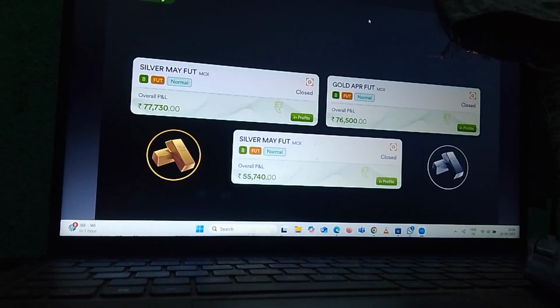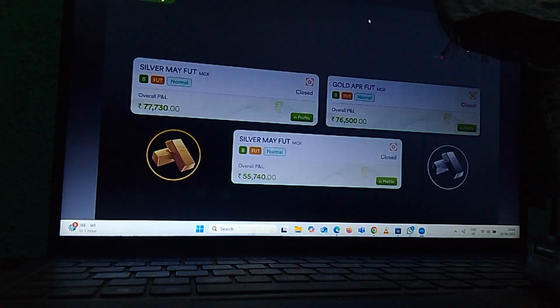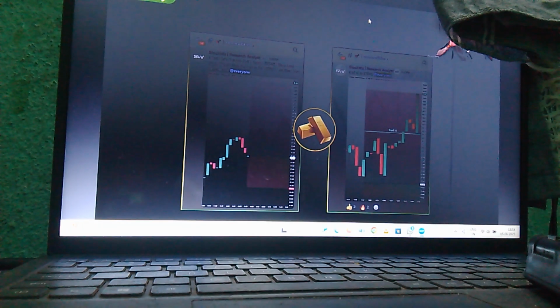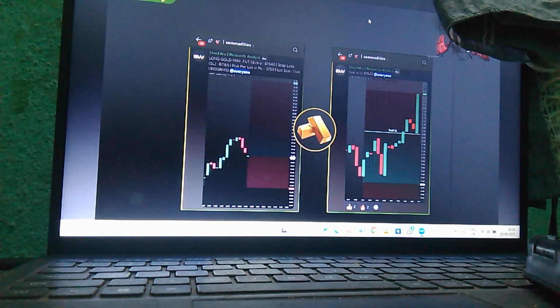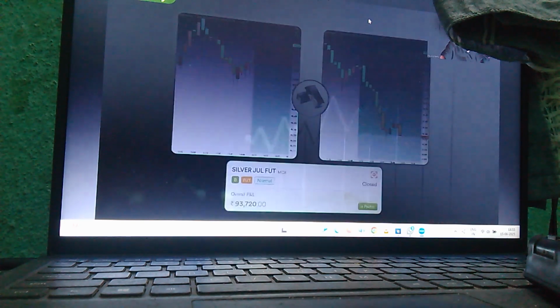And this is for people who are asking about gold, silver, crude oils. I'll just show that to you first. So silver, gold, natural gas, crude oil, the strategy works beautifully in all of those segments, but try to use it in the 15-minute time frame because of the higher volatility. So this is an example of gold mini futures, as you can see. So we took a trade in gold, trailed a stop loss, and captured that particular move.